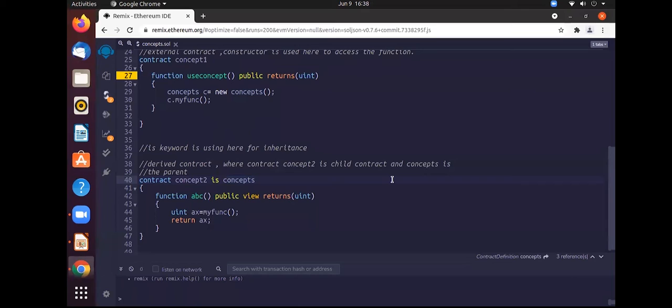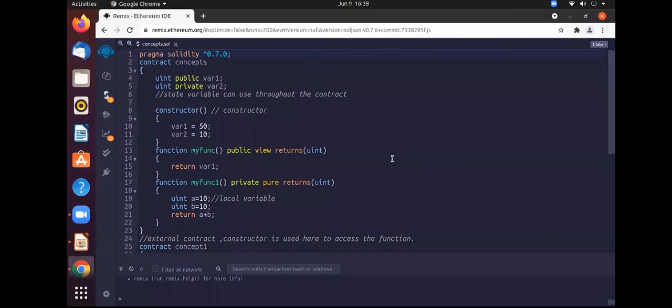So this is how the different concepts work. If we talk about the concepts of other programming languages, similarly the programming language Solidity works. Solidity also has all the concepts, and we can work in a similar manner as with the other languages. Here also we have the variables, we have the constructor, we have the functions, we have this external contract, we have this derived contract, and